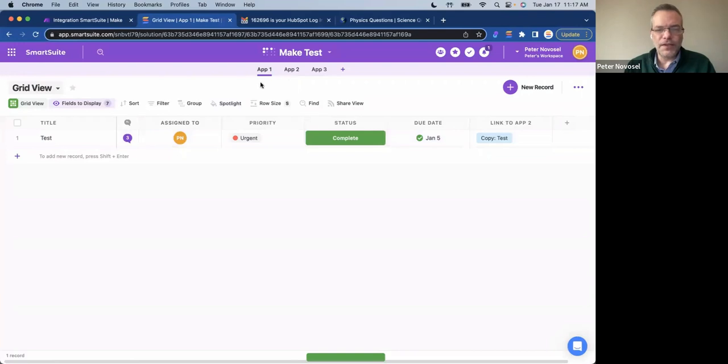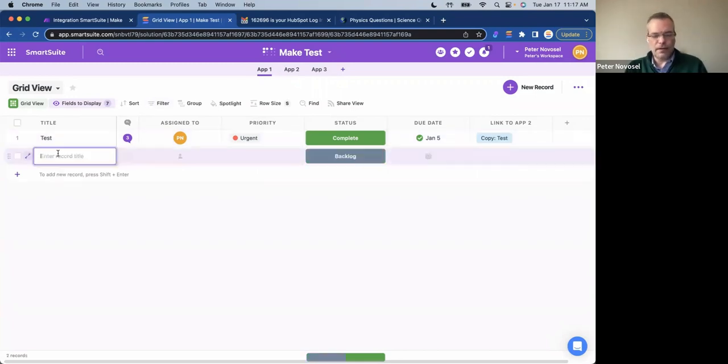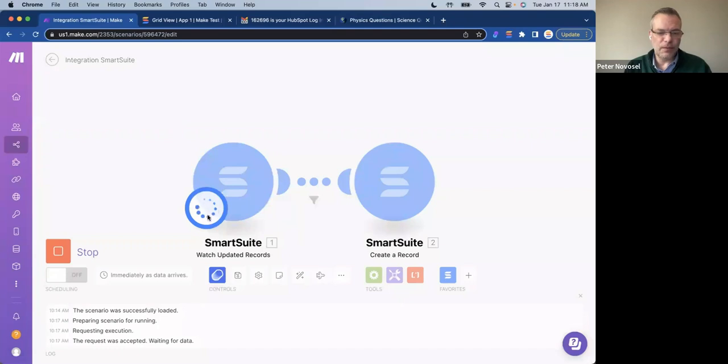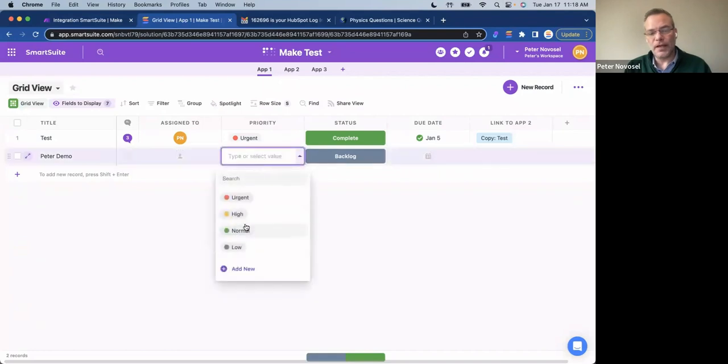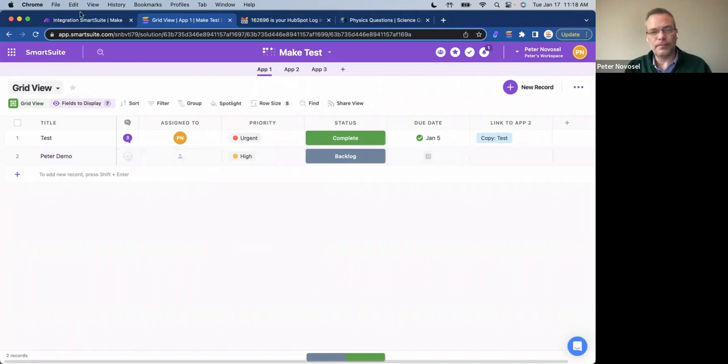So let's go over here. This is an app that it's pointing at. It's listening to updates to app 1. So we can create a new record. And remember that status check is for, is it complete? Now, if we go back here to make, you'll see we're still running because it didn't get the event, because we're only listening to update events, and that was just a create. So if I come in here and maybe I say this is a high priority item,